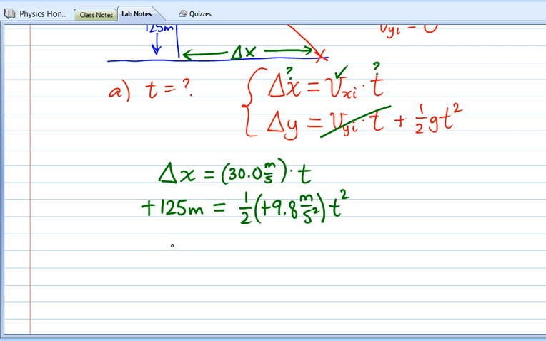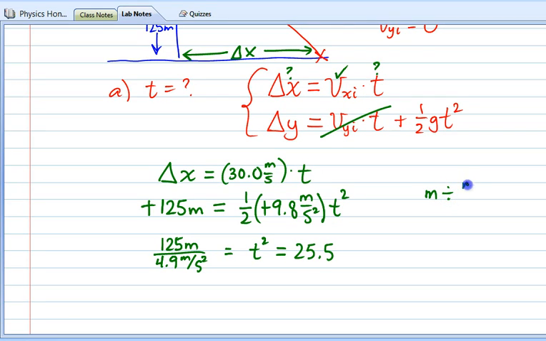They can cancel out, and I have 125 meters divided by 4.9 meters per second squared is equal to t squared. And the 4.9 is just 1/2 times 9.8. So 125 divided by 4.9 gives us t squared is equal to 25.5, and what are the units? Well,